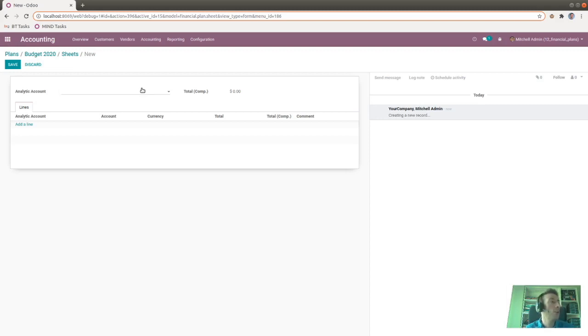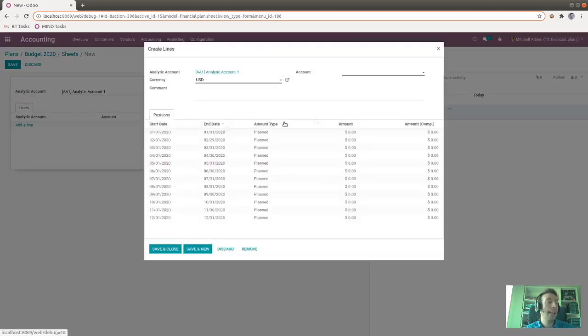Okay, so imagine that we define this sheet for analytic account 1. Then we can define lines. A line is a container for amounts that are related to one specific analytic account, one specific financial account, and one specific currency. In our case, we are going to be using only the company currency.